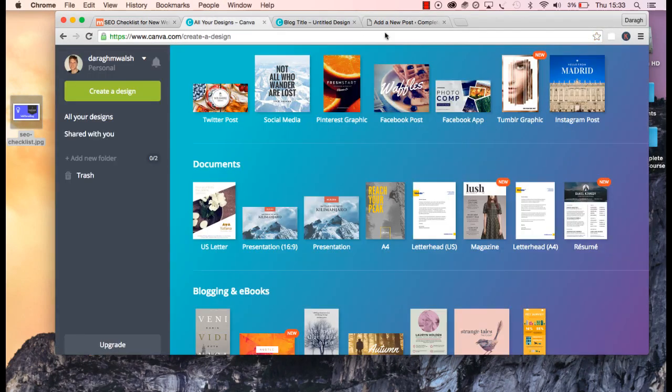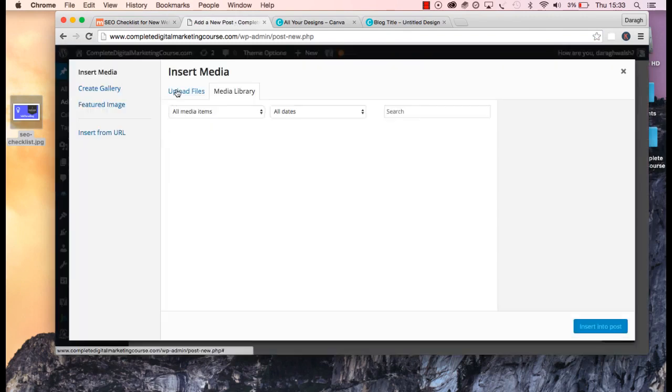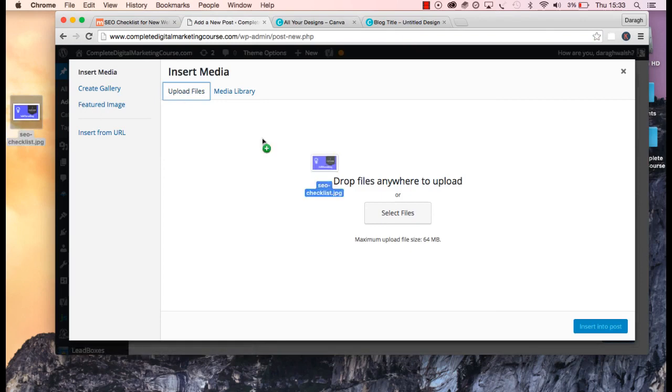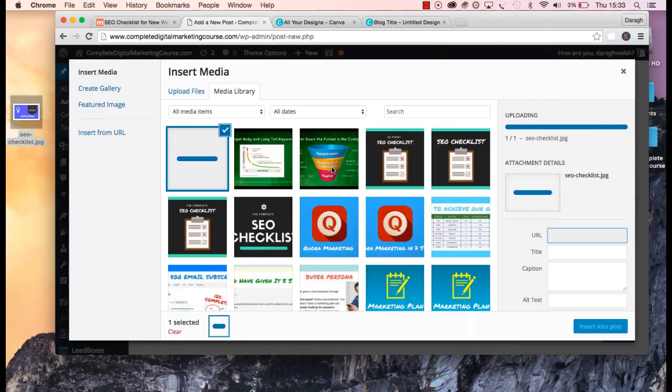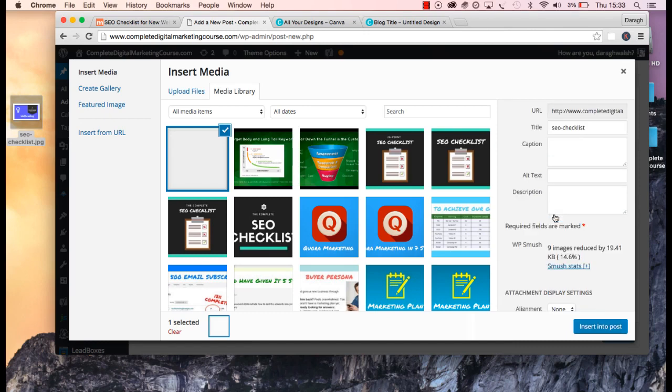Then once you have the image that you want, that you've created, in WordPress you can add media here, you can upload the files, you can just drag and drop the file in there. And then you're going to see that you have an option here to add in some other pieces of information, and this is the really important part here, the alt text. This is really what Google will look at to see what your image is about. And I'm going to type in SEO checklist here,